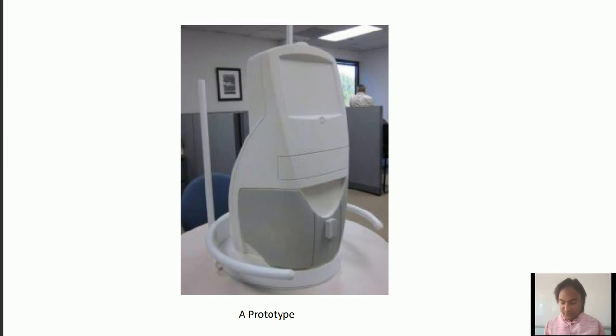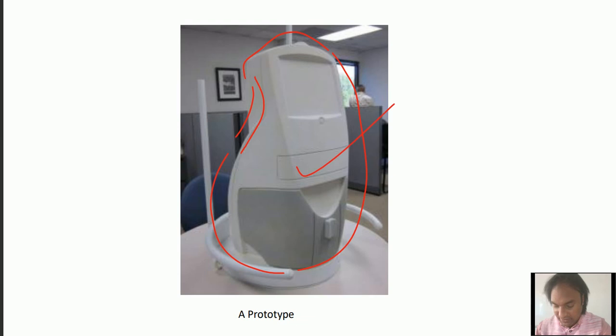I was talking about this physical model of a water filter. This is not working, but what we have shown here is that the covering of the water filter will be like this. So if we are going to produce our final product, the outer shell or covering will be like this. So it is a visually complete prototype. It means we can visualize how our final product will look.